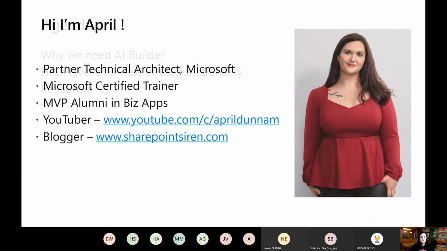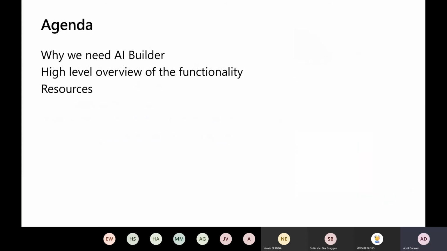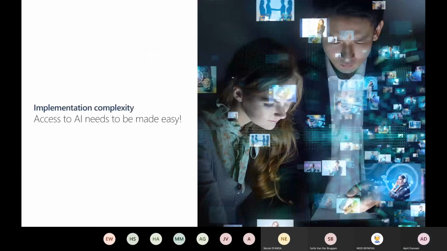So the general agenda that I wanted to cover with you all is why we have a need for a tool such as AI Builder, a high-level overview of the functionality, and then point you to some resources and answer any questions if you have them. So addressing the need for AI Builder first,